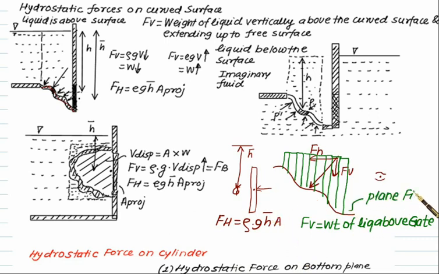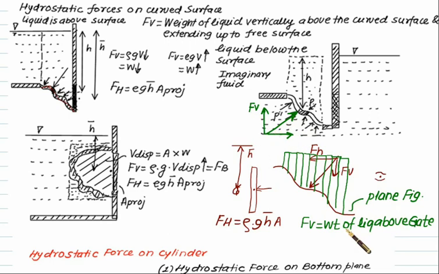Now this time the liquid is present above the gate and therefore the direction is shown like this one. But if the liquid is present below this, the calculation procedure will remain the same. The only thing is that if the pressure is acting like this, then the horizontal force will act in this direction and the vertical force will act in an upward direction. So if this one is an imaginary liquid and this one is real liquid present here, the hydrostatic force will act on this side. This one is imaginary liquid, meaning that it will push upward, and therefore the vertical force is upward.